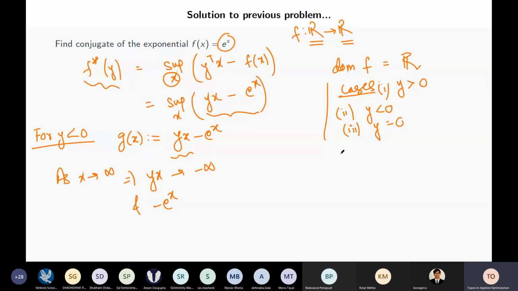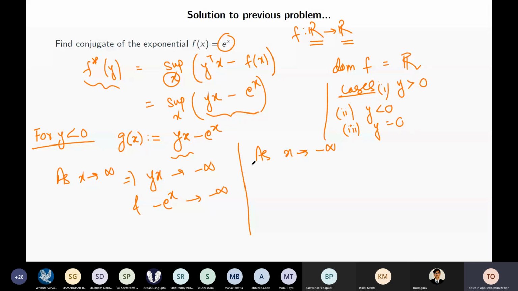So we'll continue. We have to find the conjugate of this, and this will be yx minus e to the x. And for y less than 0, we want to see whether it goes unbounded, right? As x tends to infinity, because y is less than 0, yx will tend to minus infinity. And minus e to the x will also tend to minus infinity. So this whole term is going unbounded, and as x tends to minus infinity,